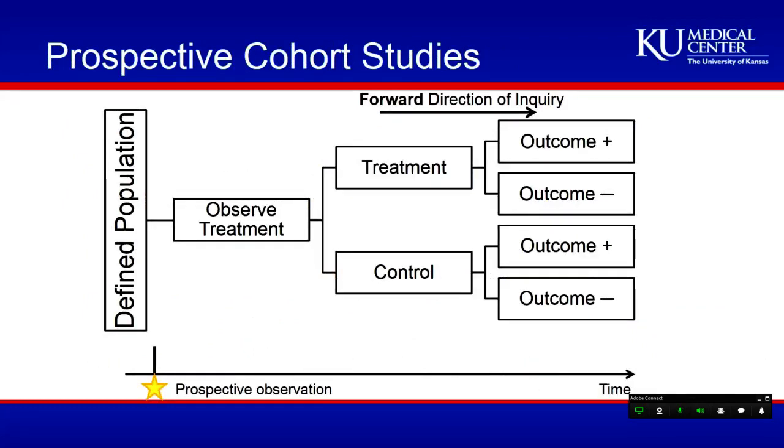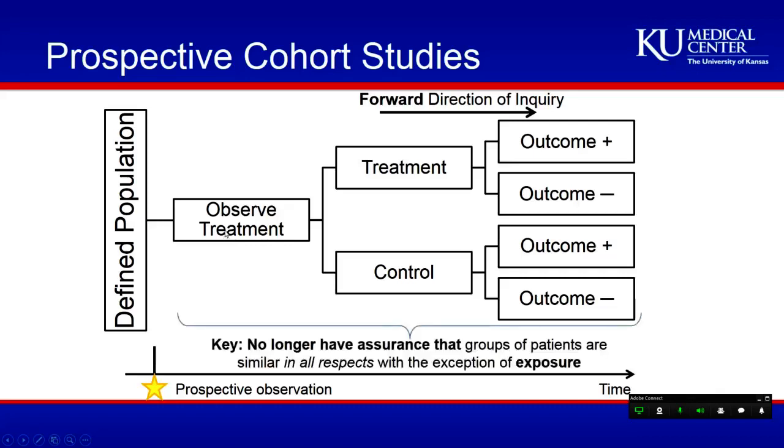Prospective cohort study looks just like a randomized controlled trial. Notice though, we removed randomization. So the key is when we remove randomization, we weaken the level of evidence. We no longer have assurance that these groups of patients are similar in all respects, with the exception of the treatment, because there could be lurking factors. There could be unknown confounders that could cause an association when association does not exist. There could also be unknown factors that are increasing the error in our data that would make us miss an